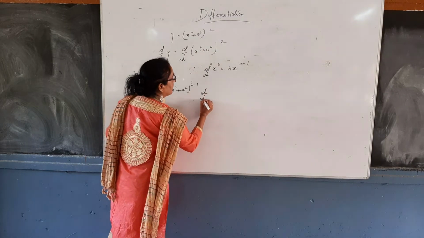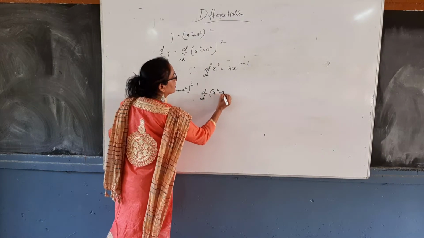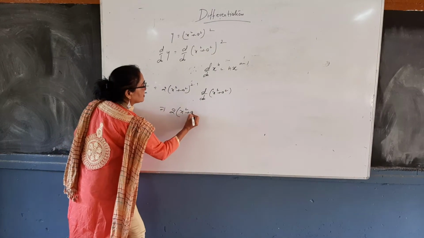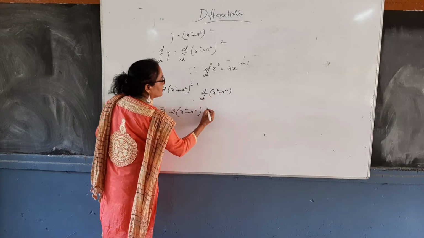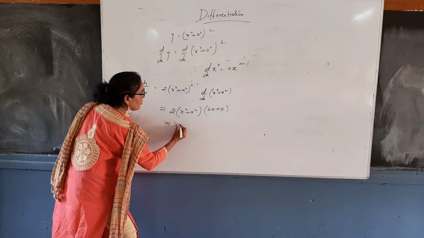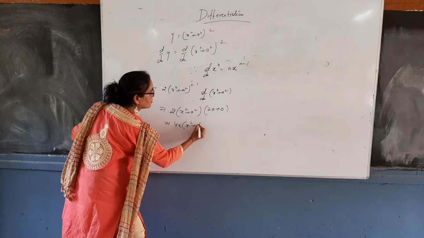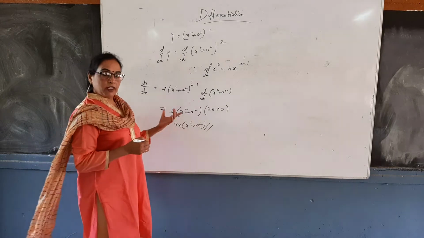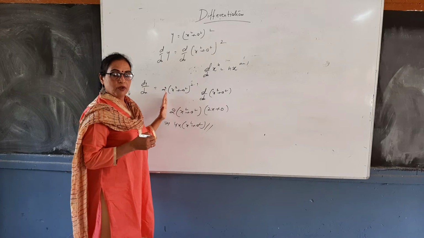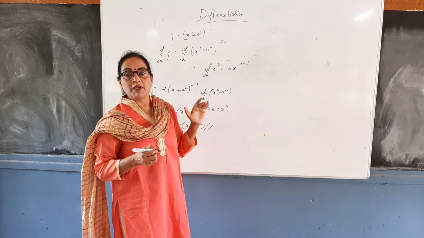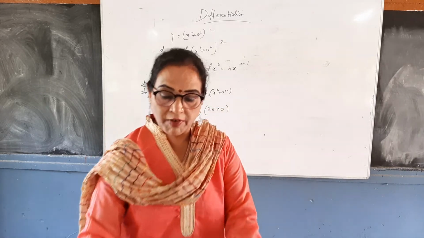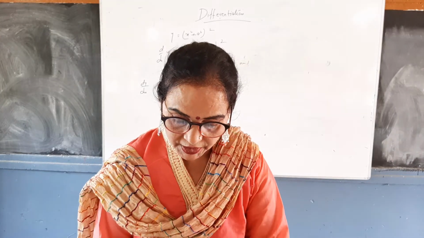So it will be d by dx of x square plus a square. Further, if you simplify, you will get 2 into x square plus a square into d by dx of x square plus a square. Now d by dx of x square is 2x and a square is 0. So simplify this. This is 4x into x square plus a square. So this is the direct method we can use. We can use both methods, either the chain rule or this direct method. Yes? So learn by heart all the formulas that you have done in the previous classes, that is in 11th class. Now again we will do a few more questions.